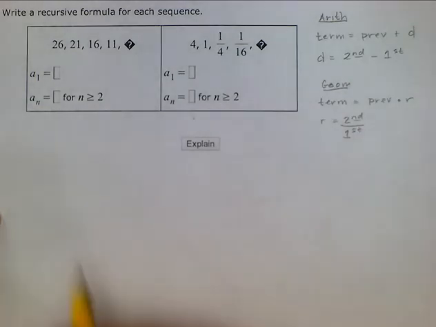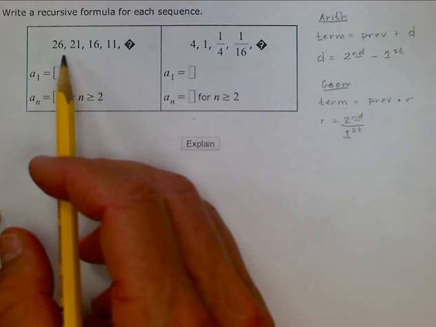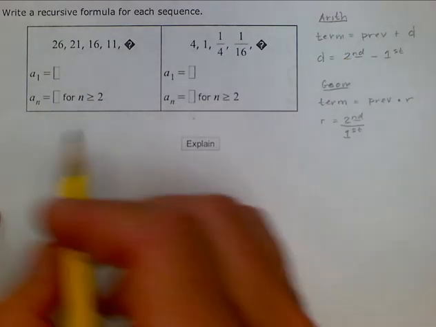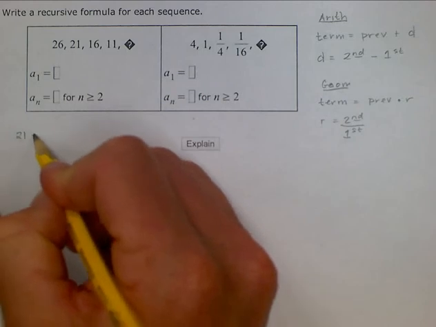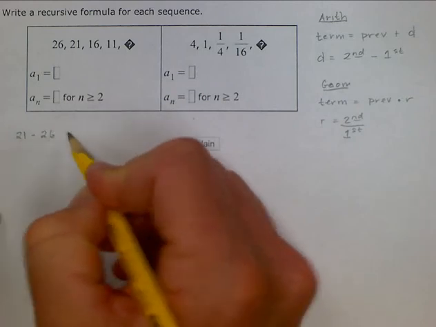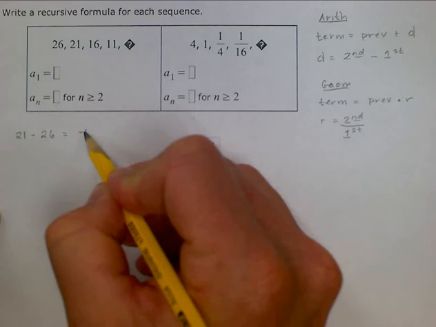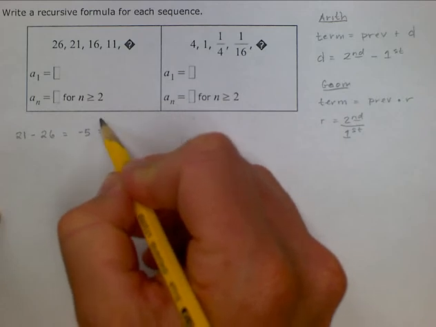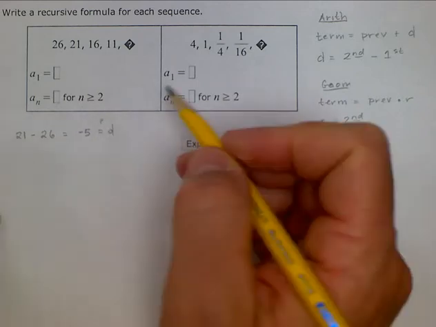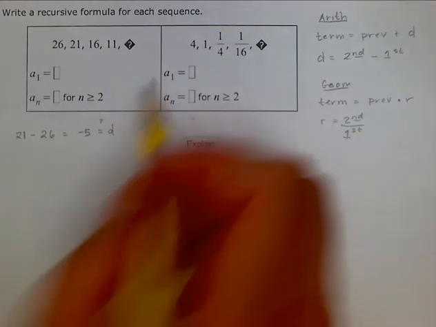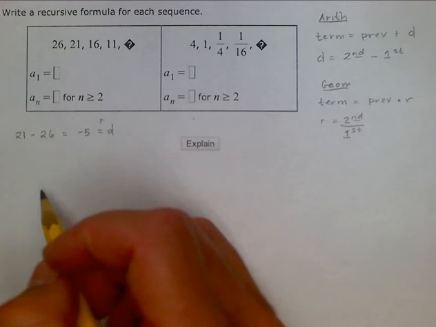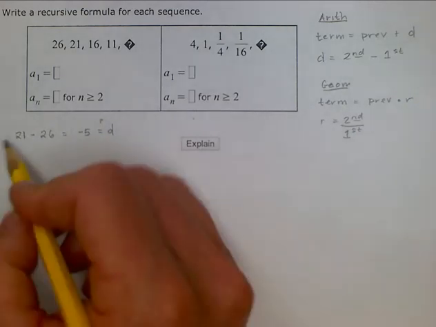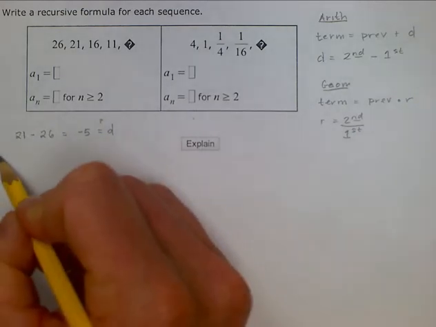So if we have a suspicion that it is an arithmetic, we will go ahead and take the second term, 21, and subtract from it 26, which equals a negative 5. This is what we think our common difference is. We can verify that it's an arithmetic by going through and checking it at least twice here in the series. So if we are interested in the second term,